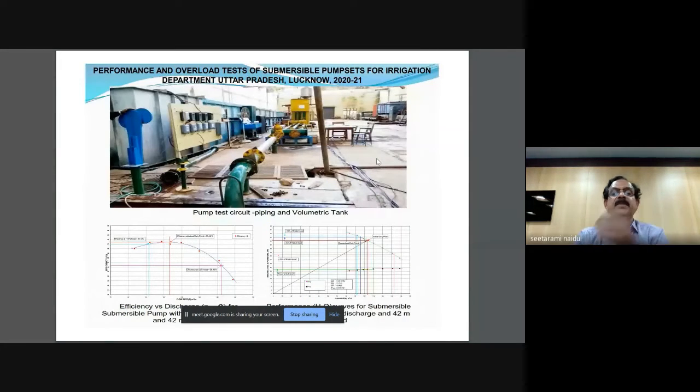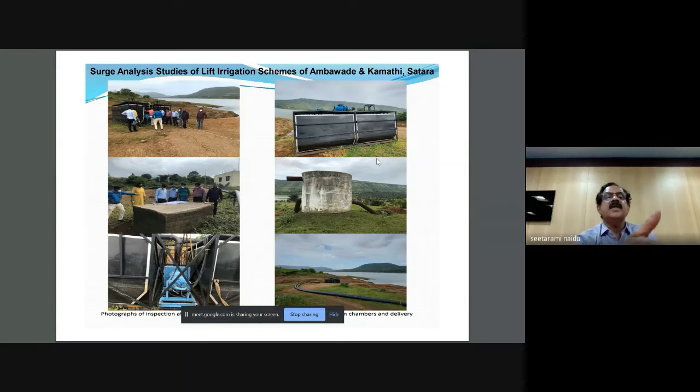This is some of the pump tests we undertake for submersible pumps. You can see curves, hydraulic performance curves, as I discussed earlier. Based on this only, their duty is met. Whether it has met the duty, such an observation is done. You can see the red, it is the actual duty, whether it is attained. If it is below the graph, it hasn't attained. If it is above the actual point, it is attained. Then only acceptance comes.